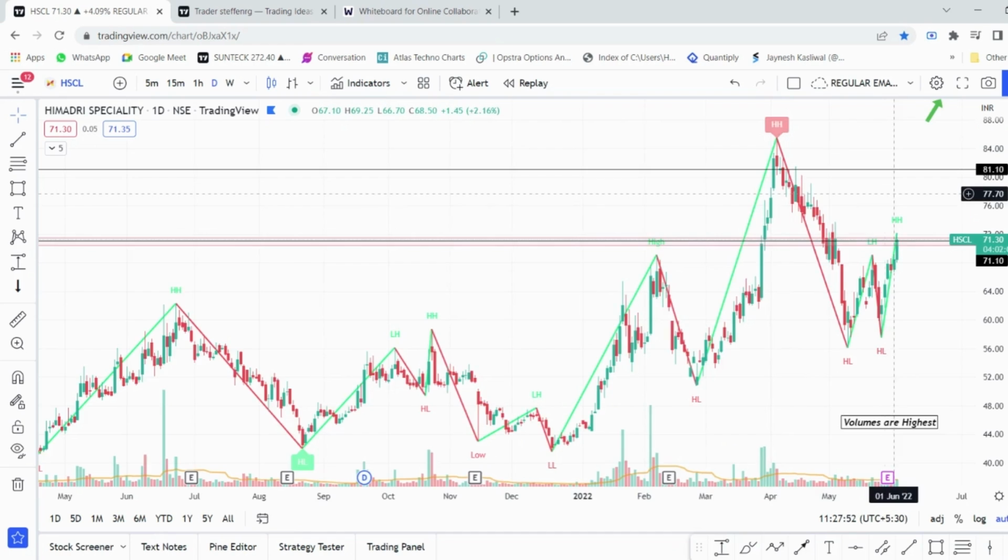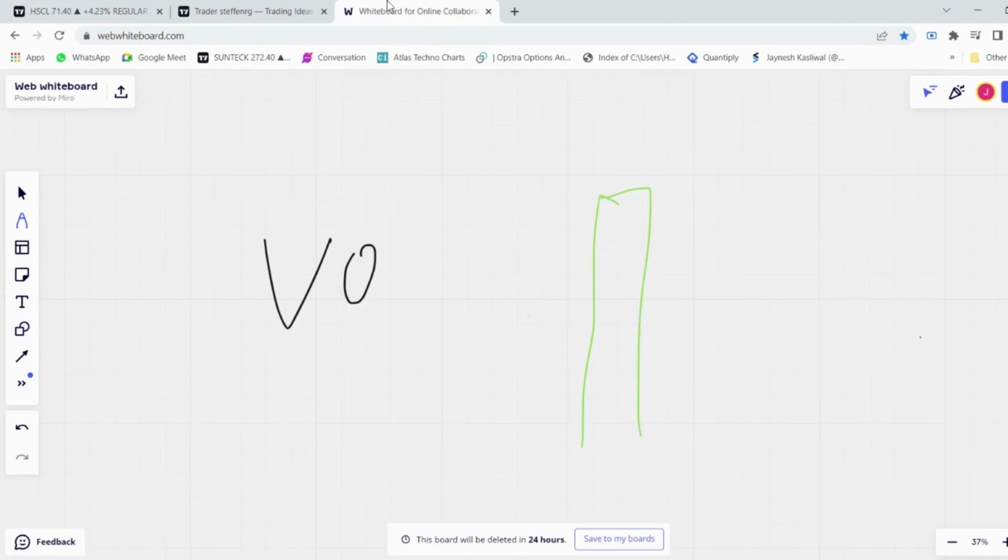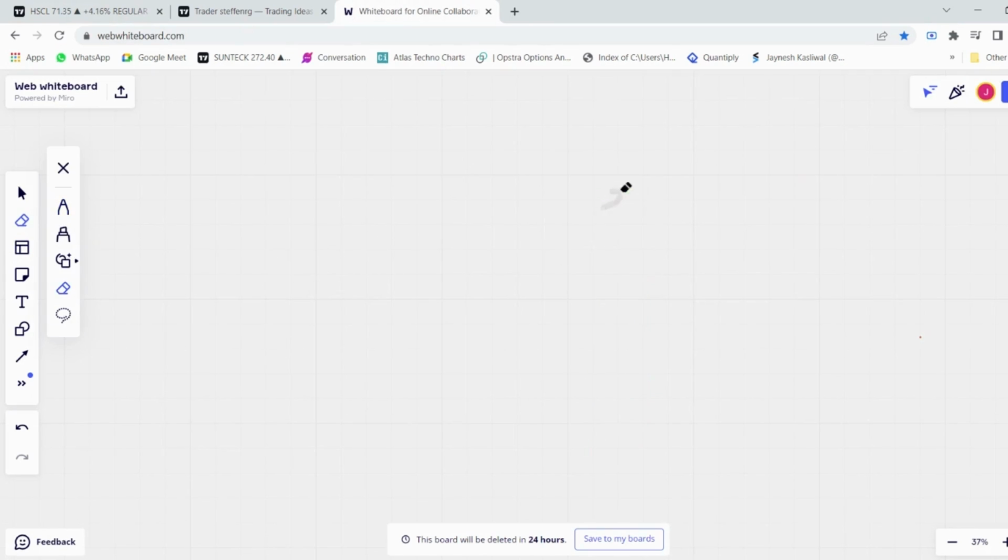you will see that some lines are getting plotted, and basically this is an indicator that can be used to identify the structure of higher high higher low. Now what is higher high higher low? Basically whenever we are trend following, we are looking for a structure of a stock that is in a clear momentum in an upward direction or in a downward direction. So higher high higher low structure is basically whenever a stock makes a new high and a new low, so the previous highs and lows should be maintained.